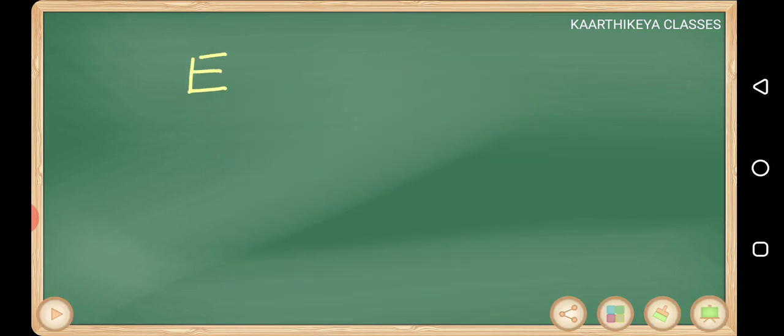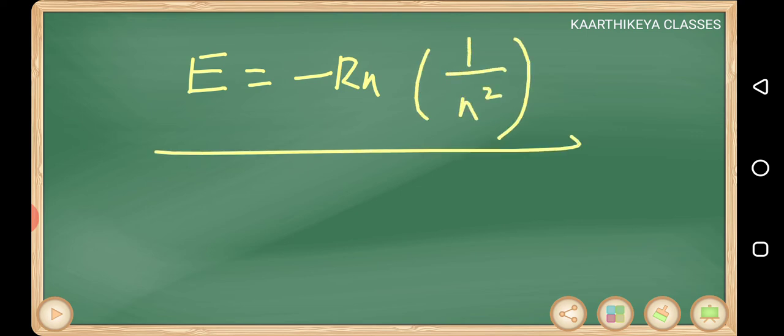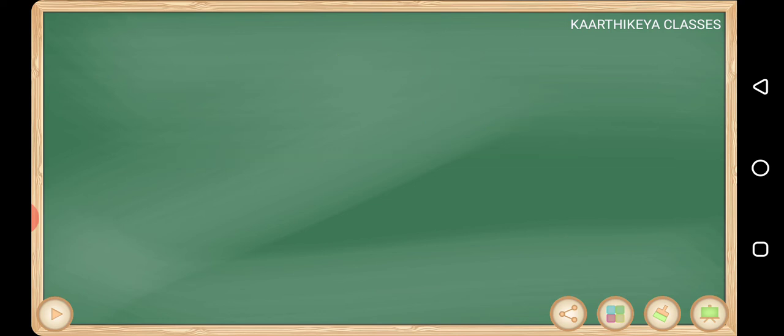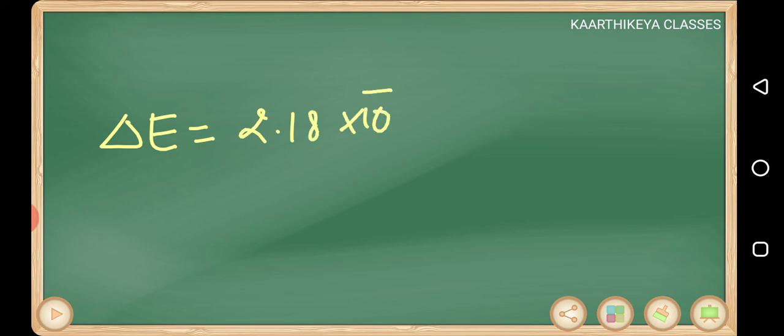Energy is equal to minus RH into 1 by n square. This expression you can use better. The energy of the stationary state is given by this expression, minus RH, where RH means Rydberg constant for hydrogen, into 1 by n square. Other expressions are not much useful, but you can remember 2.18 into 10 to the power of minus 18 joules